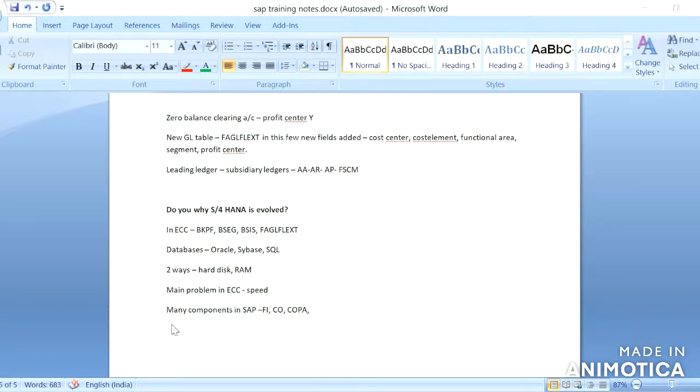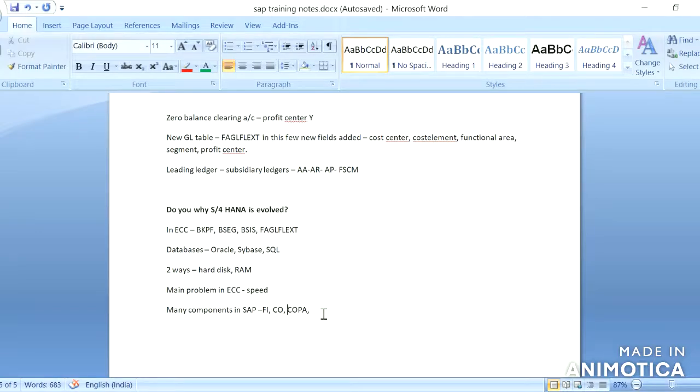There are also many components in SAP. The main components are FI, CO, COPA, asset accounting. Each and every component uses its own tables in ECC.